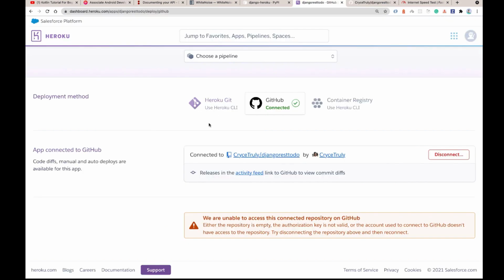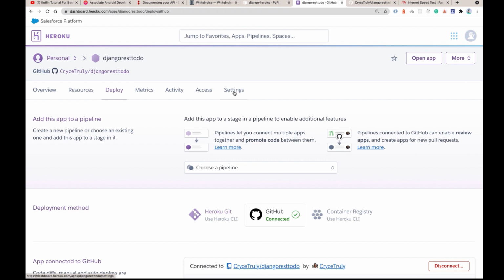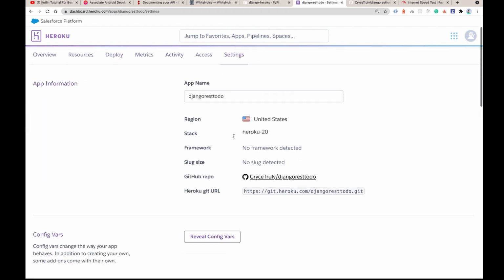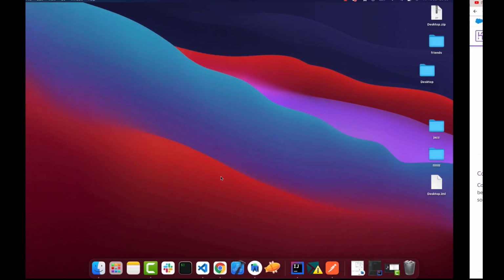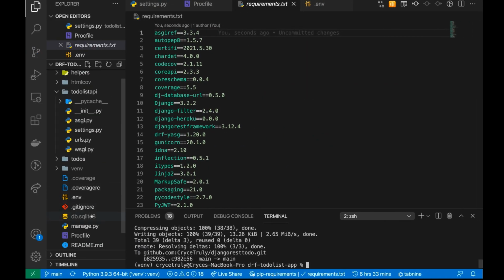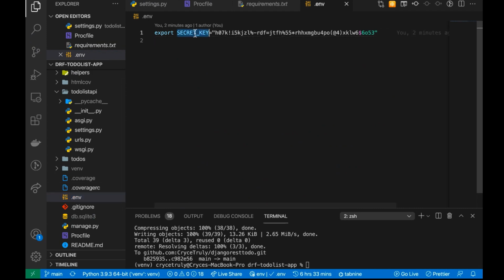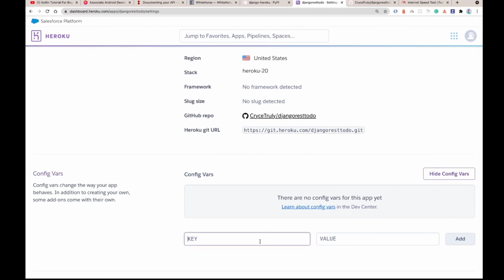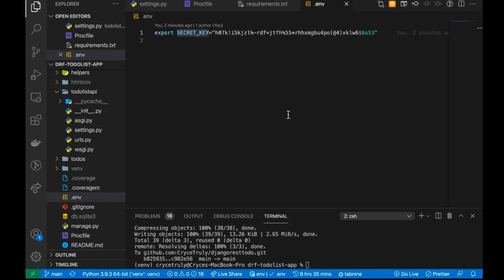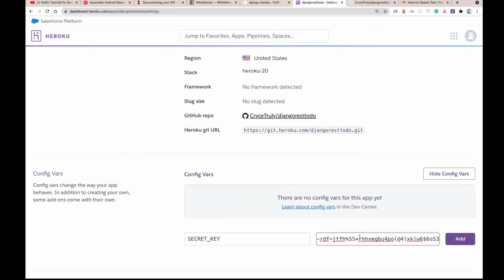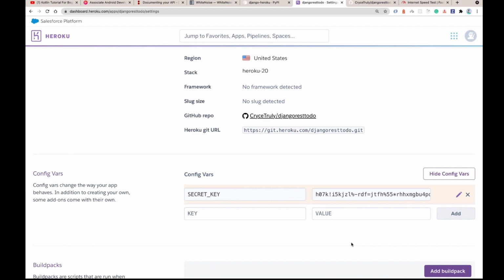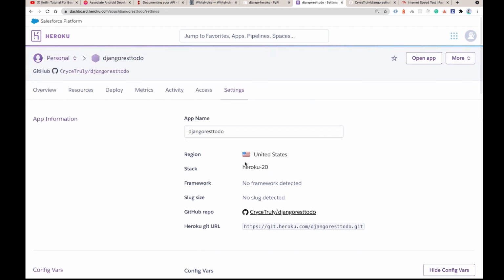So in Heroku, if we come back to Heroku and go to our settings, in the settings we can set up our environment variables. Remember how we moved our secret key to our .env? So we can now copy over our environment variables. Over here, we can bring this one in, and also set up a value for it. I'm going to copy this string here and make sure it is here. So when Heroku is running our application, it's going to look for this environment variable and use that instead of leaving it in